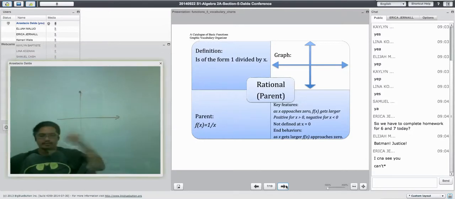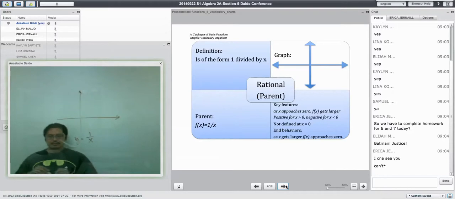Okay. Here's the thing about the rational function. It's very interesting. It looks like you've got a 1 over x, and that's y equals 2. So, just kind of thinking about,